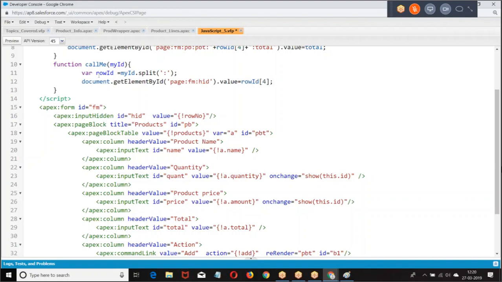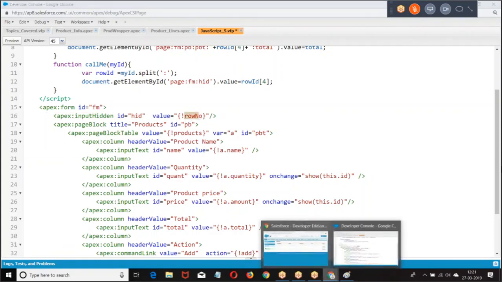What is the value of this element? If row is 2, value is 2. If row is 3, value is 3. Now if I set the value to this element, automatically you are setting the value of row number. So on whichever row I clicked, that row number I am saving in the variable called row number.